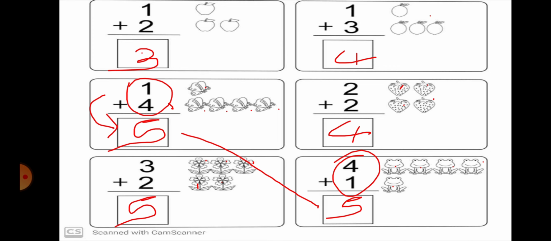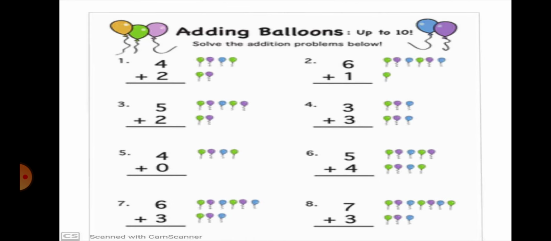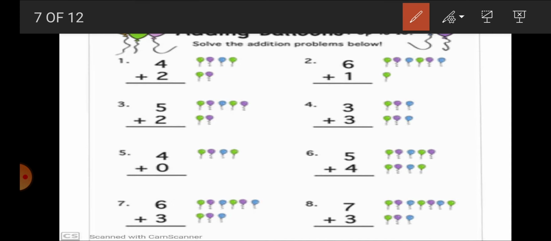Okay, while learning new things, definitely revise previous lectures in your mind also. Oh, what a beautiful picture of balloons. Okay, look at this. These are the beautiful balloons. Why are balloons here? Look, my dear students, now what we have to do? We have to count in a new way. How? This is 4, and these balloons are drawn here to help you while counting. How can it be helpful to you?